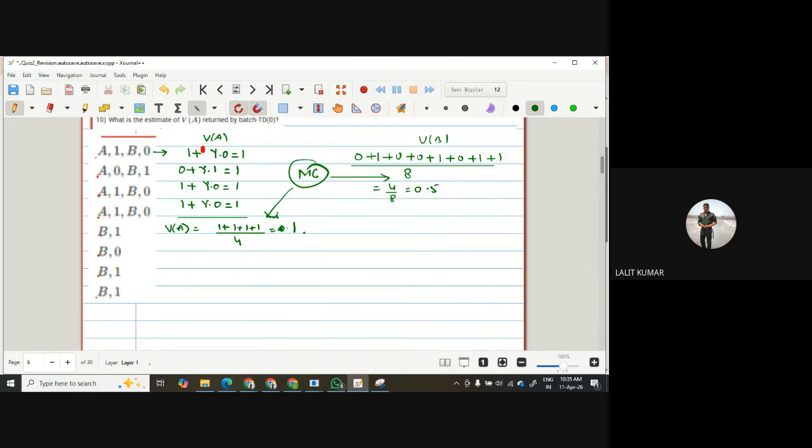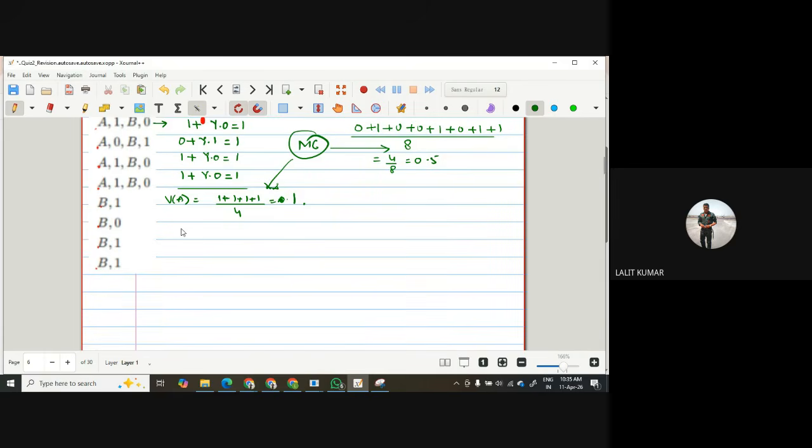Now when we do for the batch TD, so for batch TD what will happen? I'll just change the color. Batch TD. So for first episode, we have to write VA is equal to,